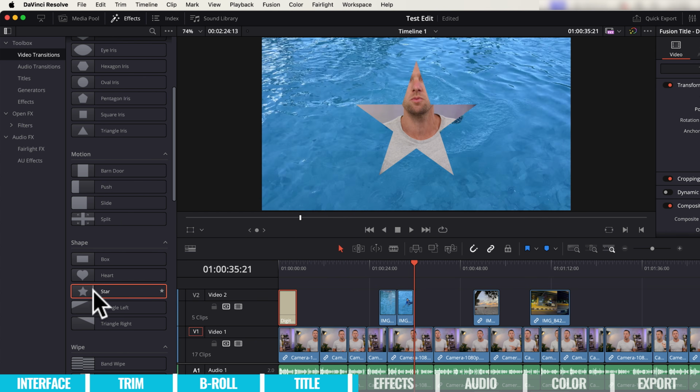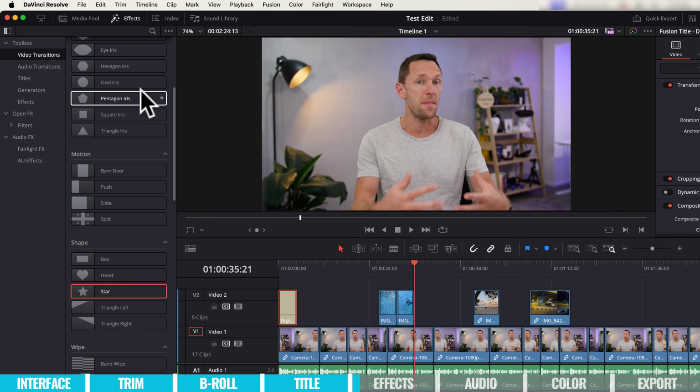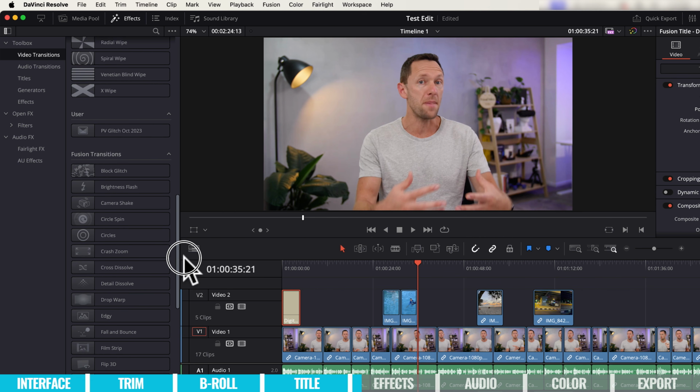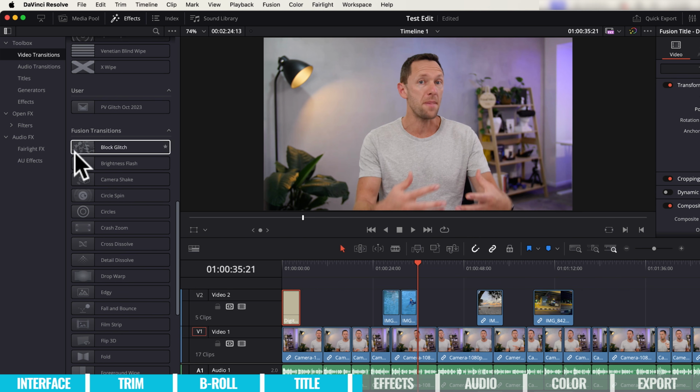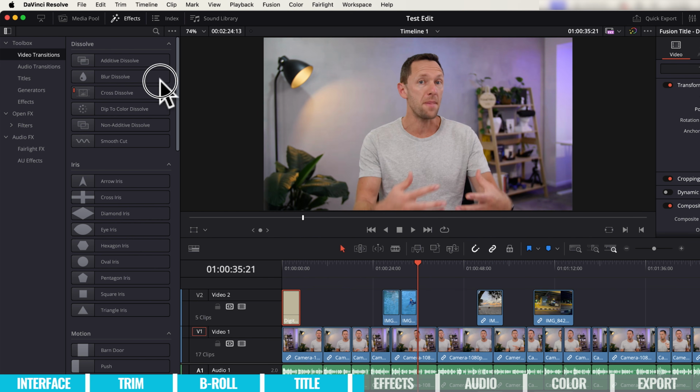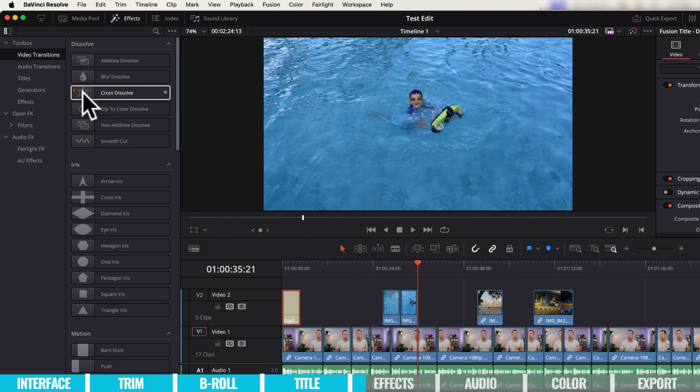I mean like a star wipe here, a heart wipe. So I'd suggest that you use these sparingly, but there are, I guess, some more advanced or more professional ones here down under fusion transitions with different glitches and things. So it's cool to have these in here as well. But let's come back to the top and let's just create a simple cross dissolve and let's put it on